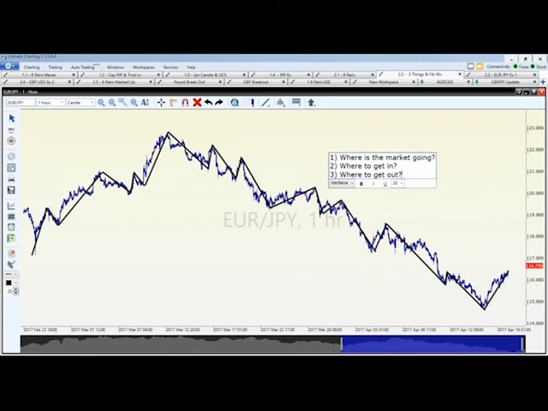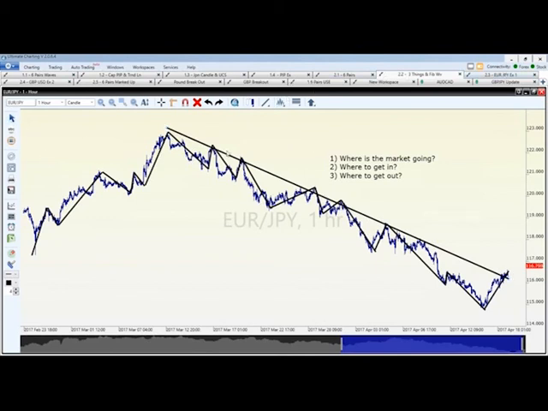So first off, as far as what direction the market is going, I'm just going to do a basic trend line. Does everybody kind of see this trend line right here? This is trending down during this time frame. So the major trend line is really going to walk us through and have us understand how to do this.